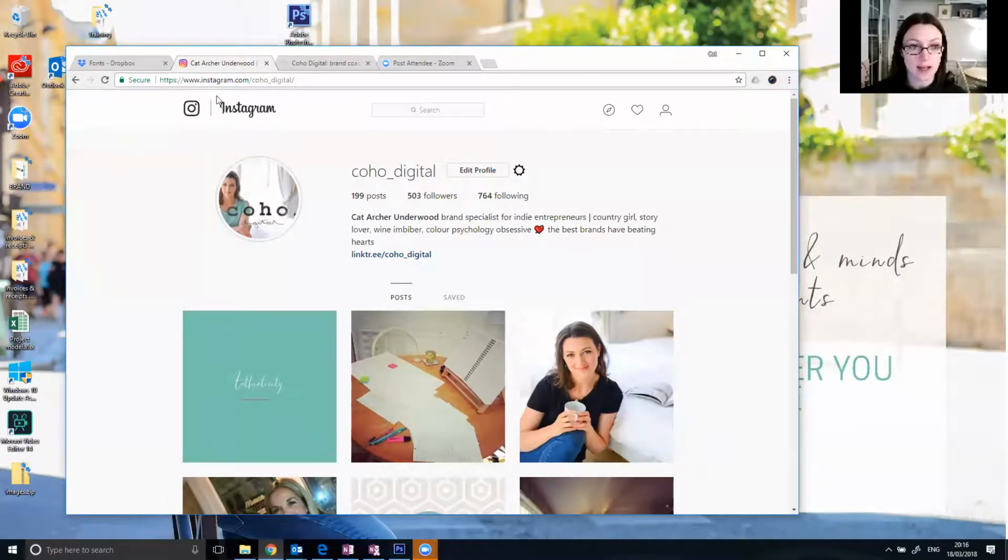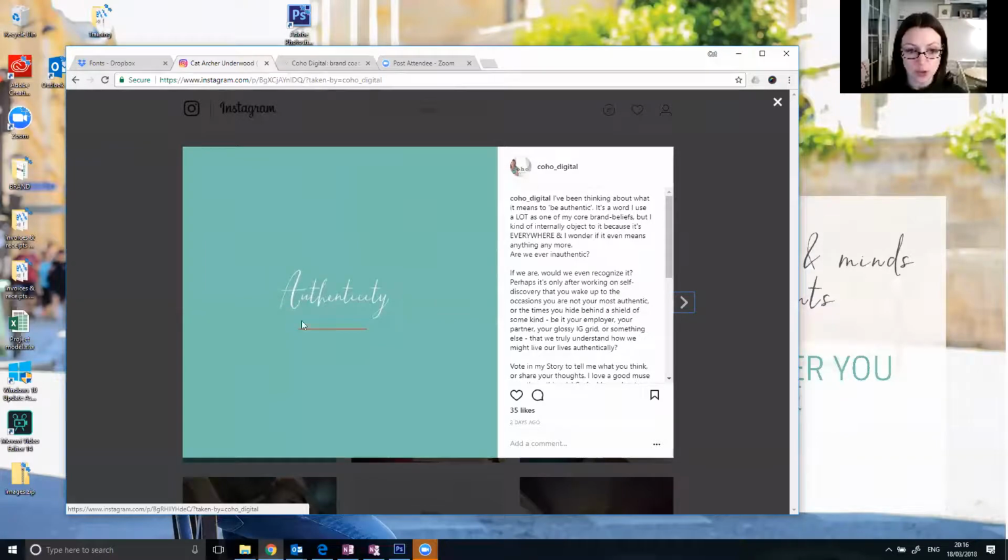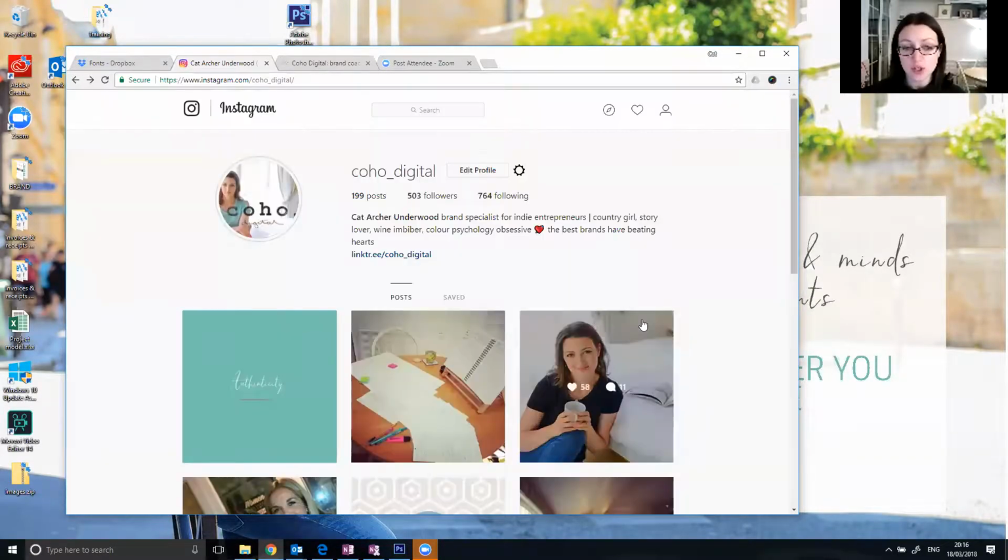This is my Coho Digital Instagram account, and you may want to do graphics like this that show your custom font. Typography is a huge part of branding today. So I'm a brand specialist. That means I'm a brand consultant, and I'm a creative director. So I create brand identities, or I guide and empower entrepreneurs in creating theirs or working in with their current